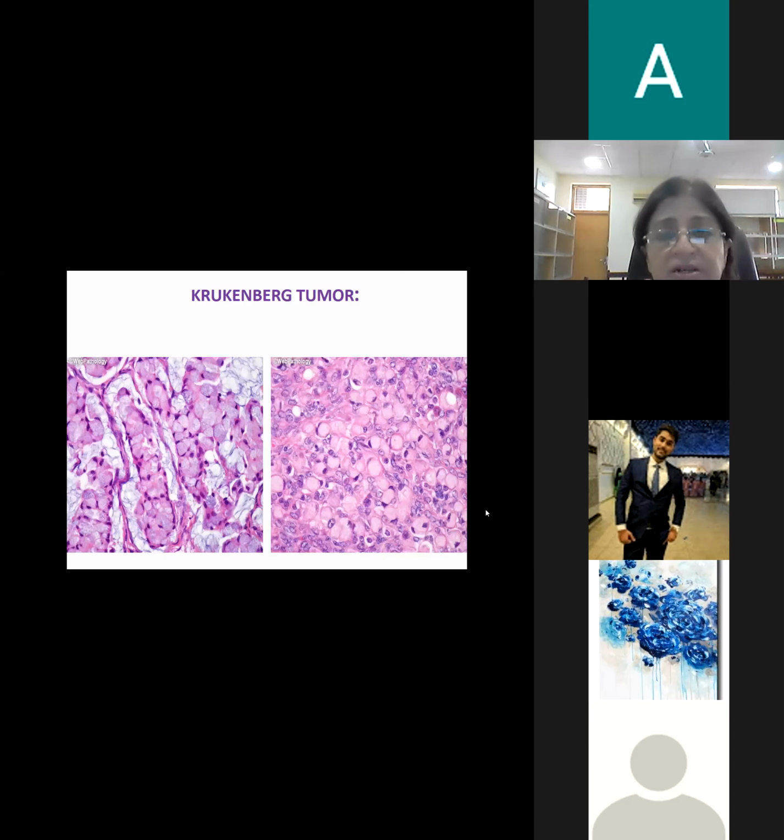Now this is a light microscopic image. ये आप appreciate कर रहे हो कि these are empty cells और जो इनका nucleus है that has been pushed to the periphery, and these are known as signet ring cells. Krukenberg tumor हम तभी कहेंगे अगर it is grossly a bilateral ovarian tumor and on microscopic examination it is composed of these empty vacuolated cells which are known as signet ring cells. समझ आ रही है Krukenberg tumor की?